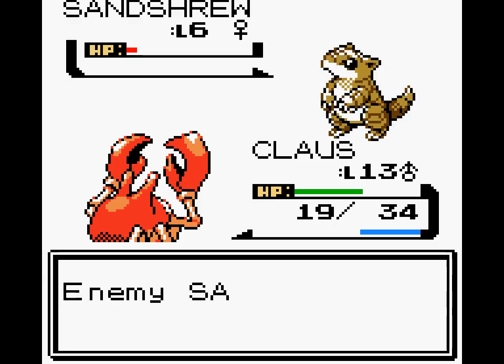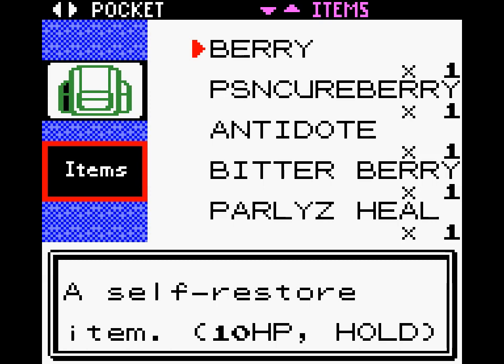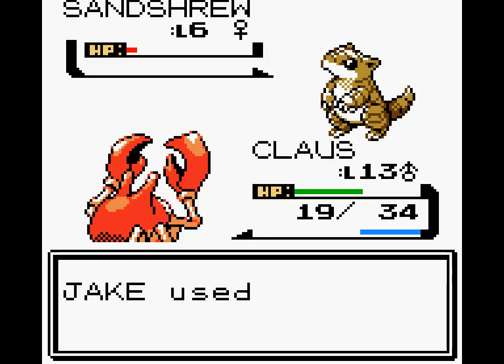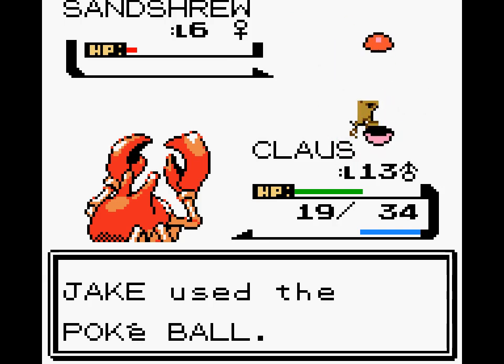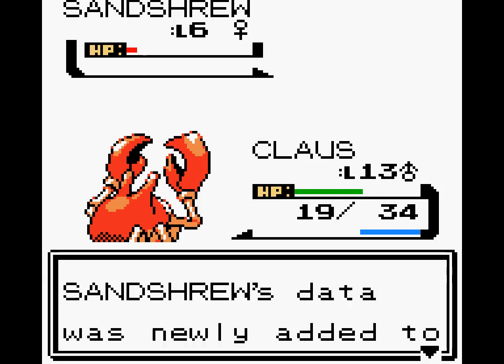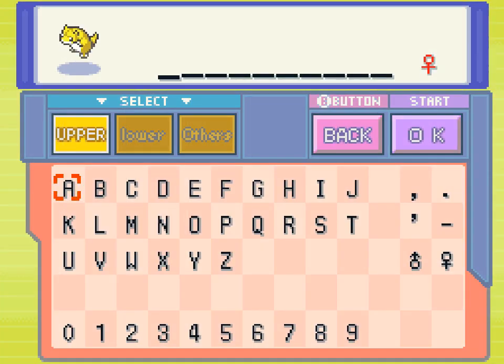Anyway, that terrified me for a second, because wow, that did a lot more damage than it did in HeartGold. But it actually worked out very nicely and perfectly, so Sandshrew, getting in the ball. I've been very lucky with getting the same gender with all Pokemon. Apparently it's really rare to get a female Togepi, but I got one, so it's pretty rad. See, it's a mouse. What's up with that? I don't really know. But anyway,